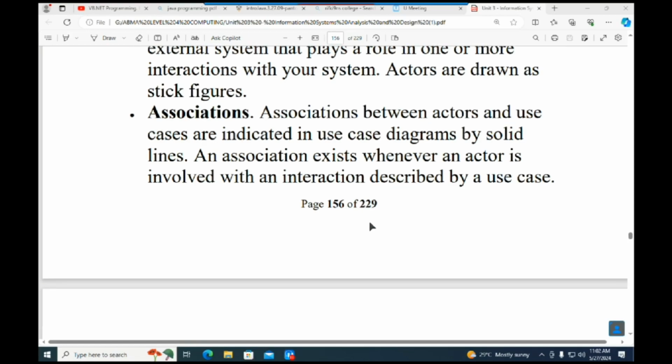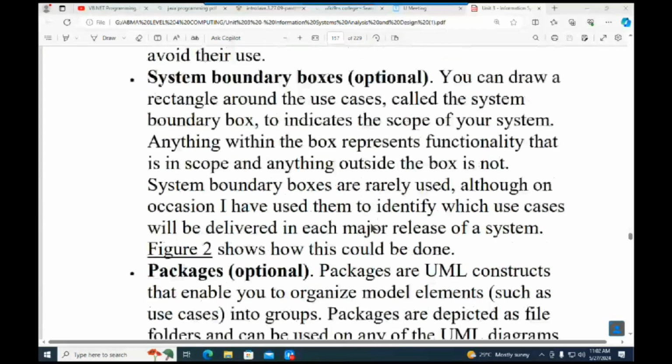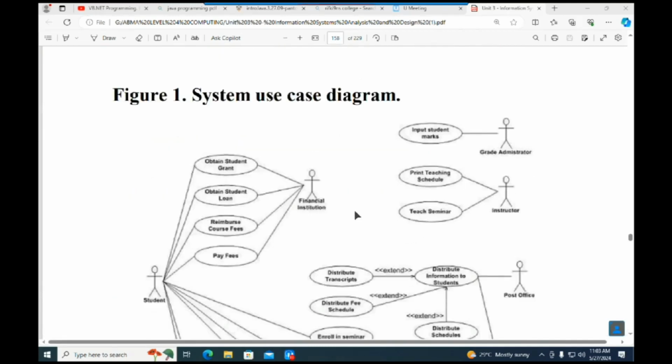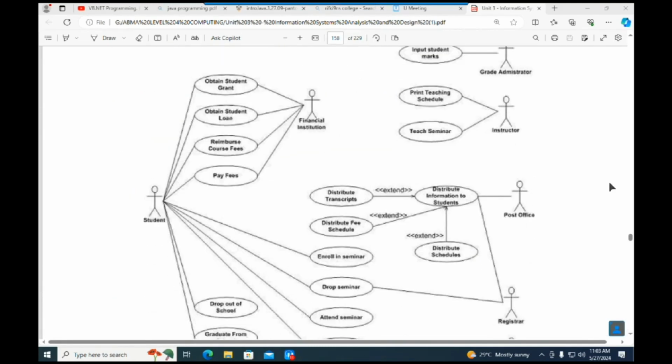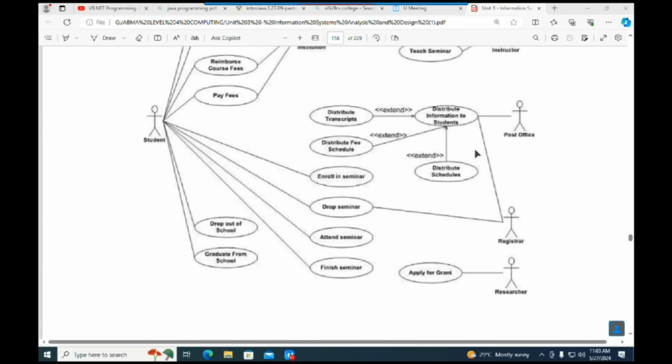That's when we show with broken lines. So then the system boundary, which is optional, but for me, I'm going to tell you it is a must. For the purposes of exams, make sure you draw that rectangle box, which is the system boundaries. You have the use cases inside the system boundary, and you have the actors outside the boundary. That is very important. So these are other use case diagrams, other examples that you can just look at and